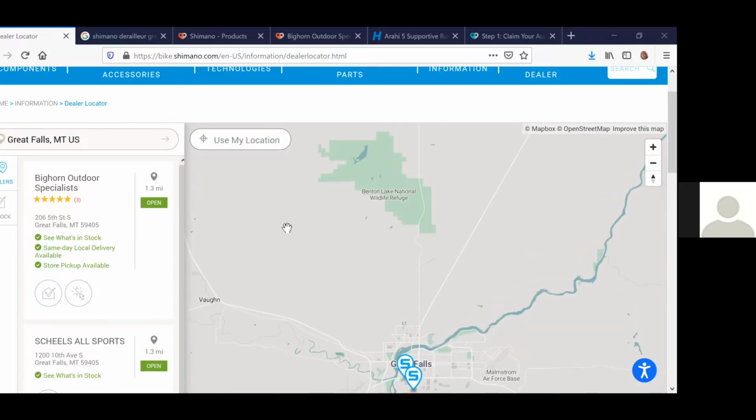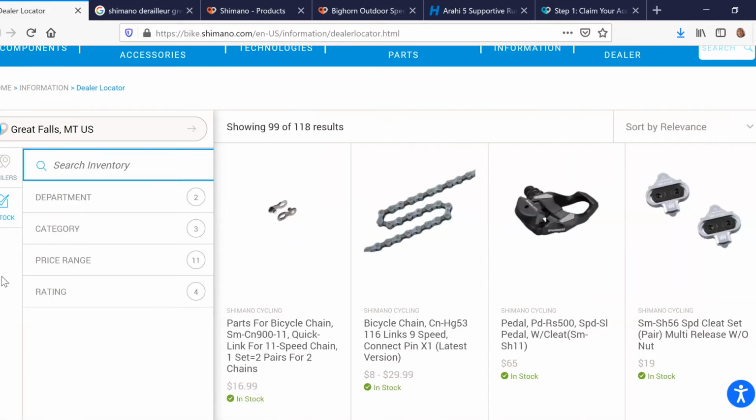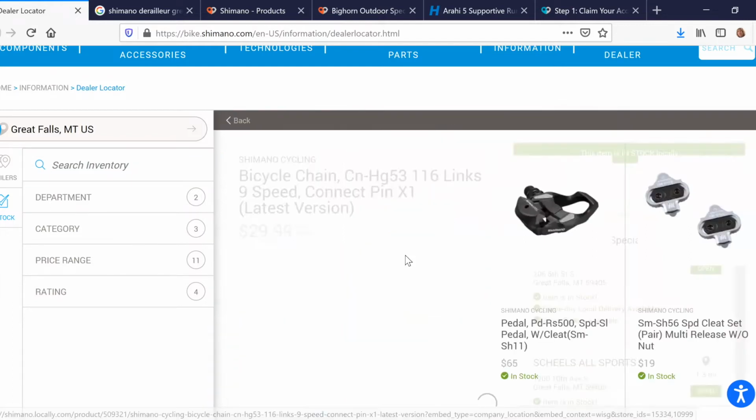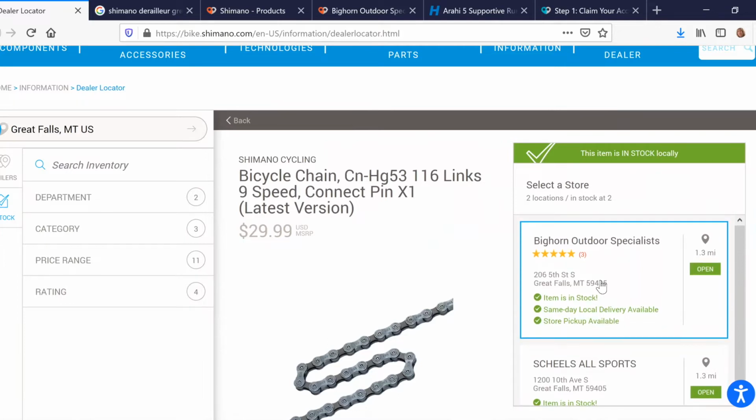So on the Shimano store locator, a shopper could choose my location. If I were to do that, it would pull back east, so I'm going to leave it as is. Also, a shopper has the ability to click a button and see all the inventory that's available nearby. So if a shopper were just looking at a particular brand store locator and they say, hey, I just want to see what I can get from this brand nearby, this is where you would find that. You could click the in stock button. And if a shopper were to click on a product, it will then show the retailers who have the inventory in stock right now.